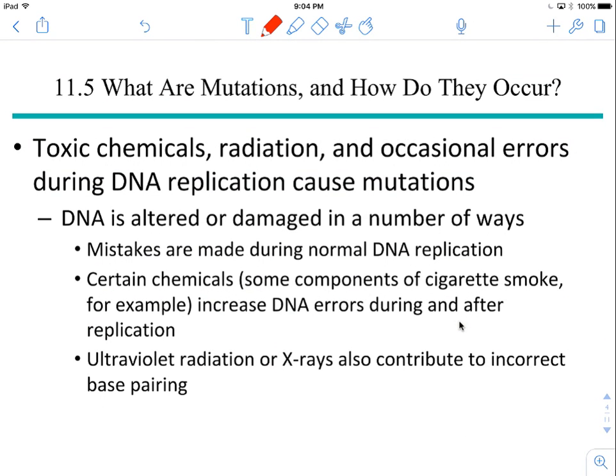All right. So other things that can cause mutation: toxic chemicals, carcinogens, teratogens, radiation, obviously from like radioactive chemicals, but as well from the sun. The sun is your enemy. I mean, we love the sun, but